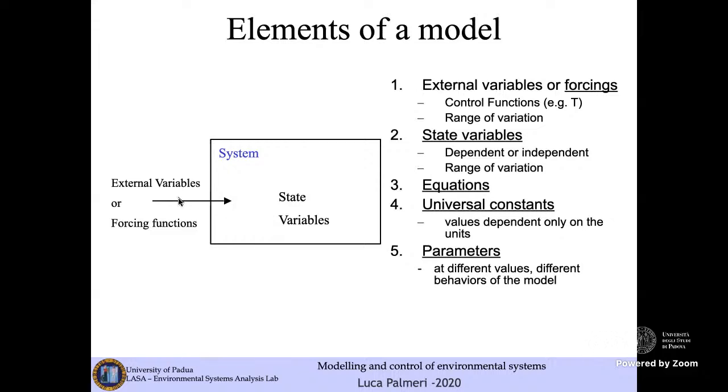The outside conditions are described by what we defined as external variables, or often we refer to these variables as forcing functions, because they are the functions or the conditions that may change the behavior of the system. The behavior of the system, on the other hand, is described by the internal variables, what we call state variables. So the 5 elements we need to deal with when building an ecological model